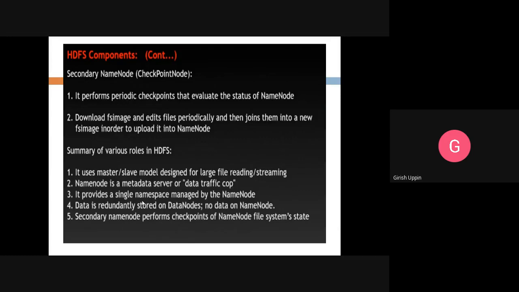It will not store the actual data, but it will have the information about where the data is stored. It provides a single namespace managed by the name node. Data is redundantly stored on data nodes because there are multiple copies of the same data. The secondary name node performs checkpoints of the name node file system's state.